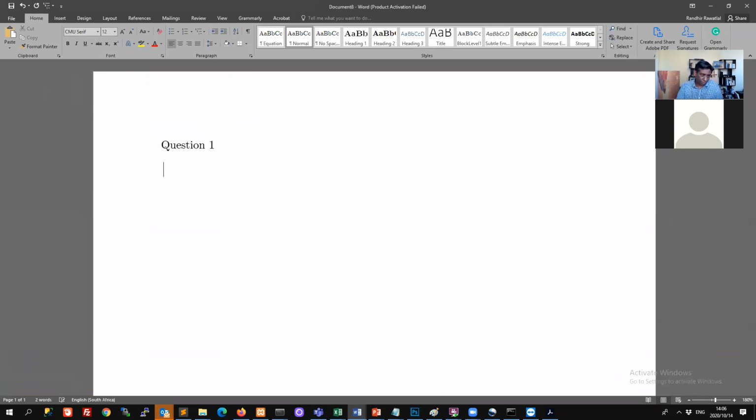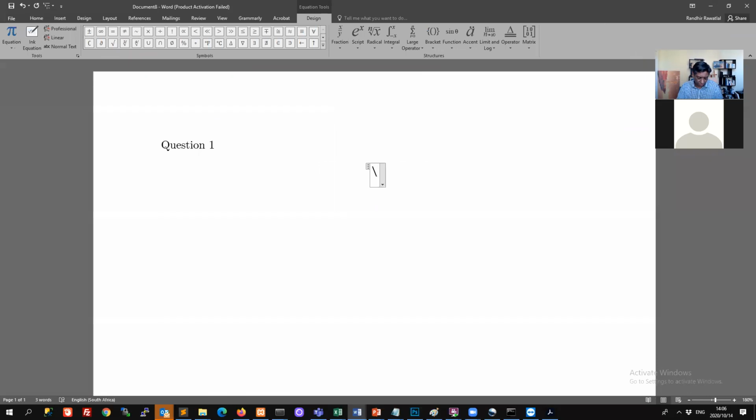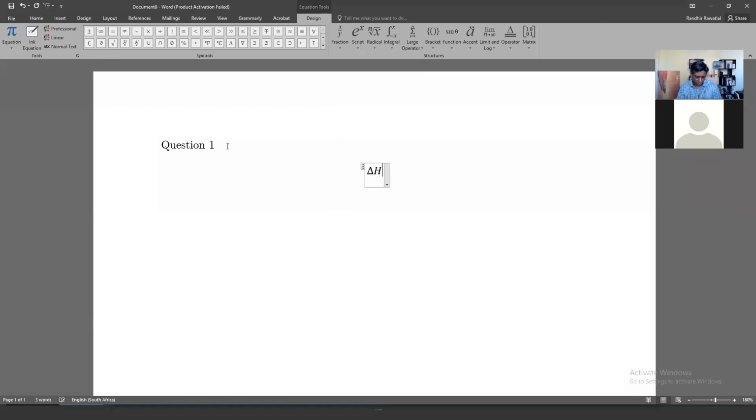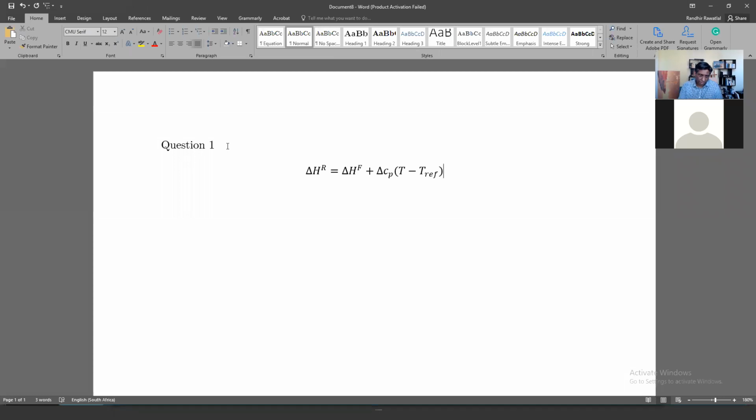So question 1, we know that the standard heat of reaction, delta H_R, equals, and we can say, delta heat of formation plus delta C_P times T minus T_ref. So that's the usual thing. And our delta heat of formation, we know is